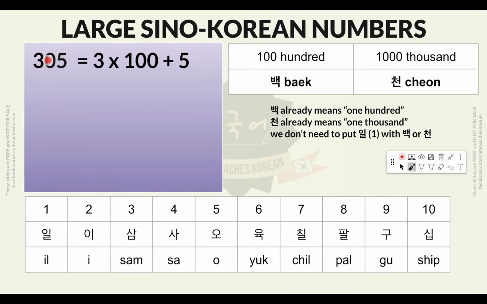Tapos, pag may 0 dito, we don't need to apply. Hindi na natin kailangan sabihin ang ship dito sa gitna because there is no ship, there is no 10. What is the digit here? Wala naman. So, 305, edi 300 is the largest digit. 300 muna, wala namang 10, so skip nyo po yung ship. Yung 5 na ang last digit. So, Sam, Pek, O,